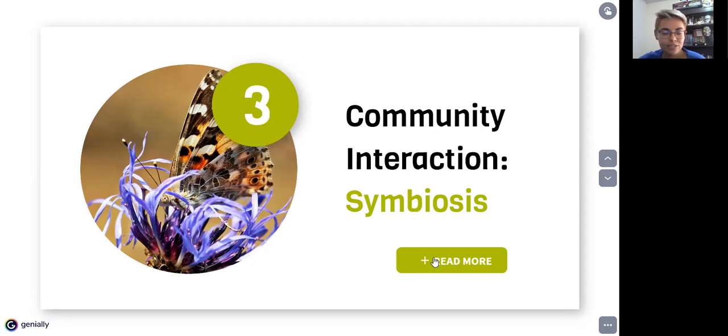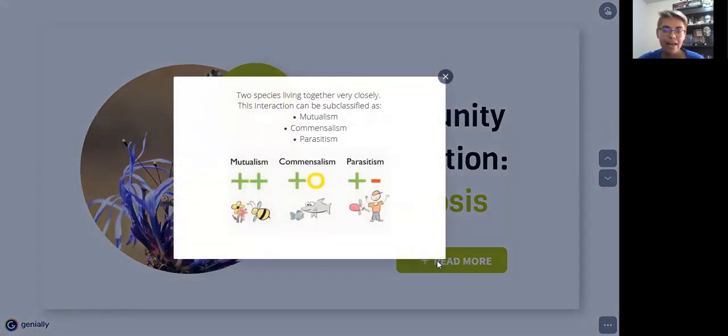And in these cases, I told you we have very positive interactions, neutral, or some that are negative. Each type of these interactions has a different name. So when we're talking about everybody getting benefits, both of them have benefits from their interaction, it's called mutualism. You have it here, mutualism. That's it. Everybody wins. It's a win-win situation.